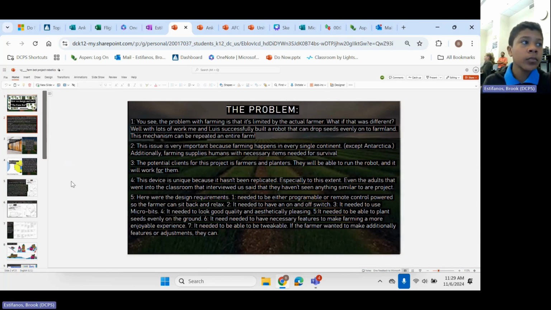The problem with farming is that it's limited by the actual farmer. What if it was different? Well, with lots of work, me and Lewis successfully built a robot that can drop seeds evenly onto farmland. This mechanism can be replicated onto an entire farm. This issue is very important because farming happens in every single continent. I mean, except for Antarctica, but